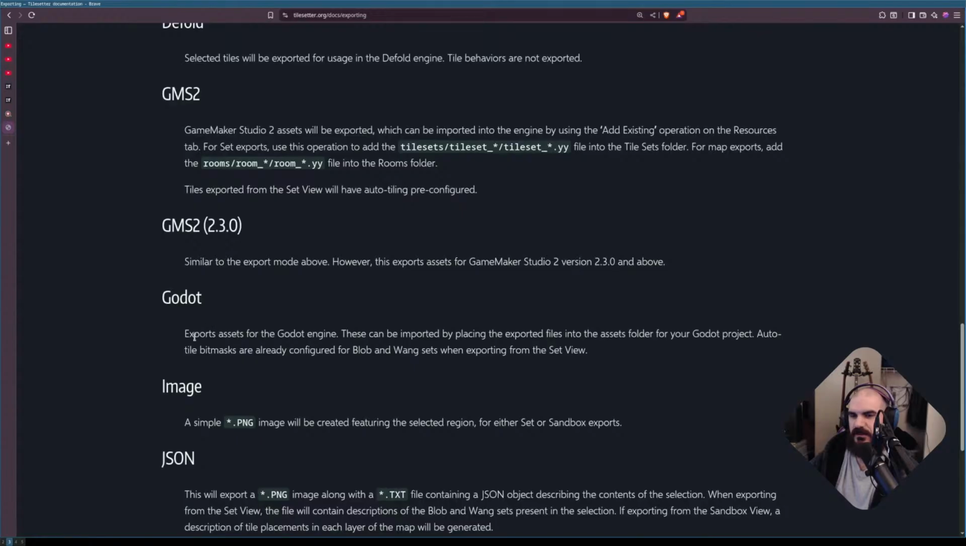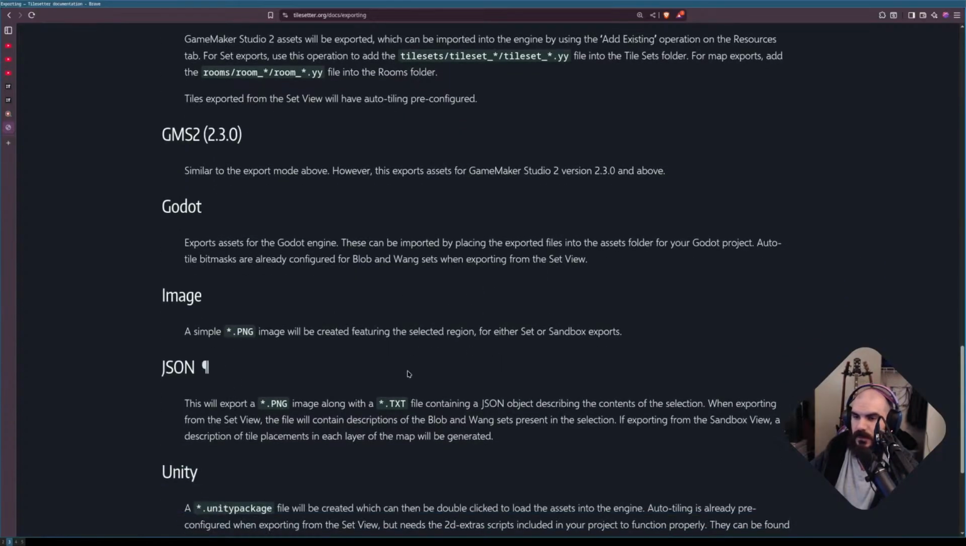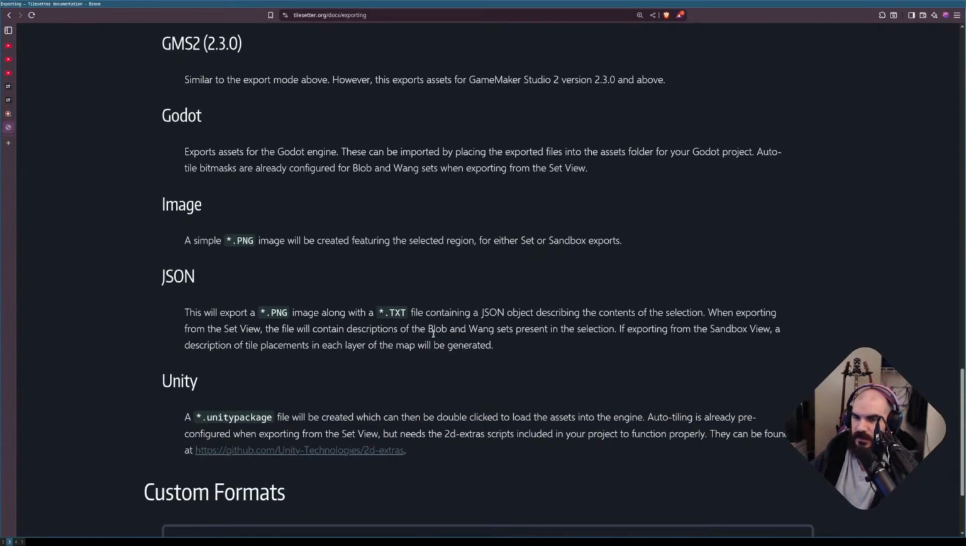GMS, GMS2, Godot. Exports assets for Godot engine. These can be imported by placing the exported files into the assets folder. Autotile bit masks are already configured for your blob and Wang tile sets when exporting from set view. Image, okay, obviously JSON. When exporting,